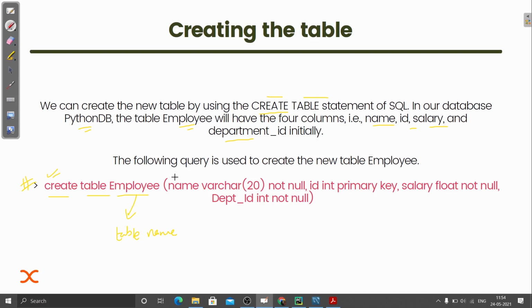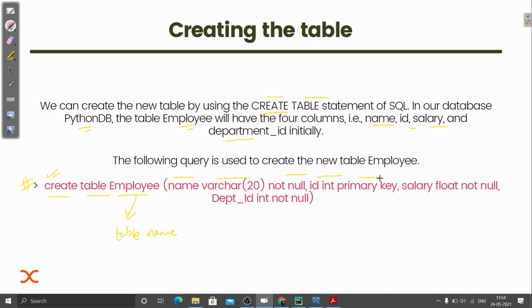Here you can see name is the column name, and then varchar is the data type. Not null will tell us that it should not be null, it should not be empty. Then id, and then int primary key. These are concepts of database management systems, that's why I'm skipping it, but I will try to explain it so that it will be clear to you all. Now id is actually the primary key, that means it should be unique.